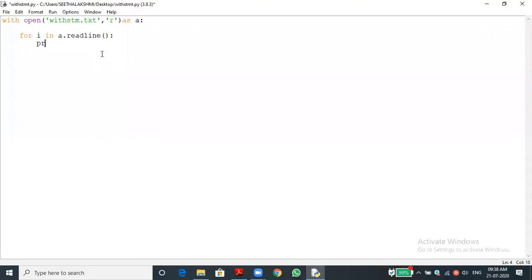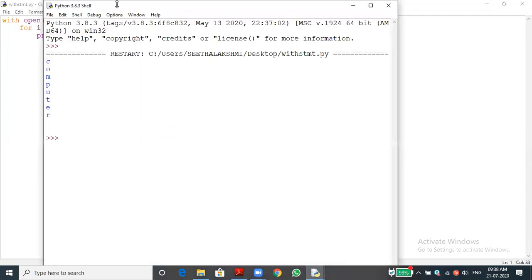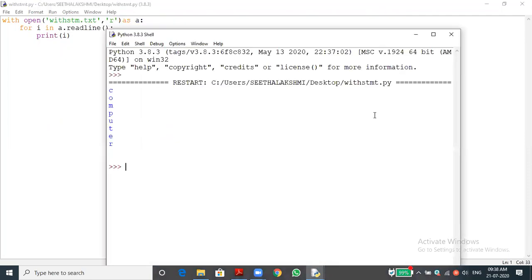So I'm just printing i. So now you can see the loop will be executed till the number of lines. It's printing line by line. Readline will work because every time the i will be there.